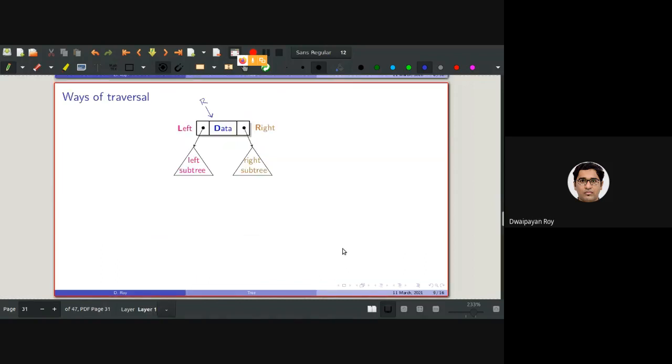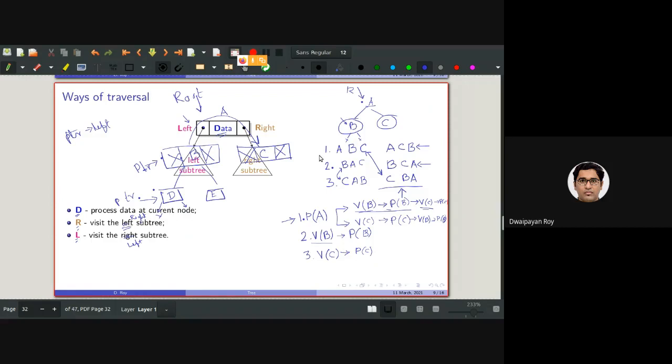But here, as I have said, there are multiple options of visiting. The confusion is arising of how will we be able to go from one subtree to another subtree, isn't it? It's actually going from one subtree of this whole tree, that is D, to visiting another subtree, that is C. So this is actually very interesting. We'll be discussing this tomorrow.